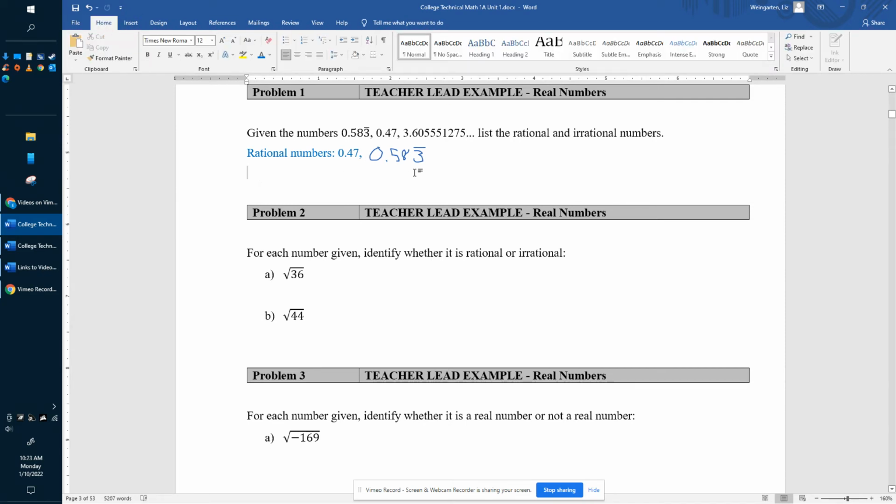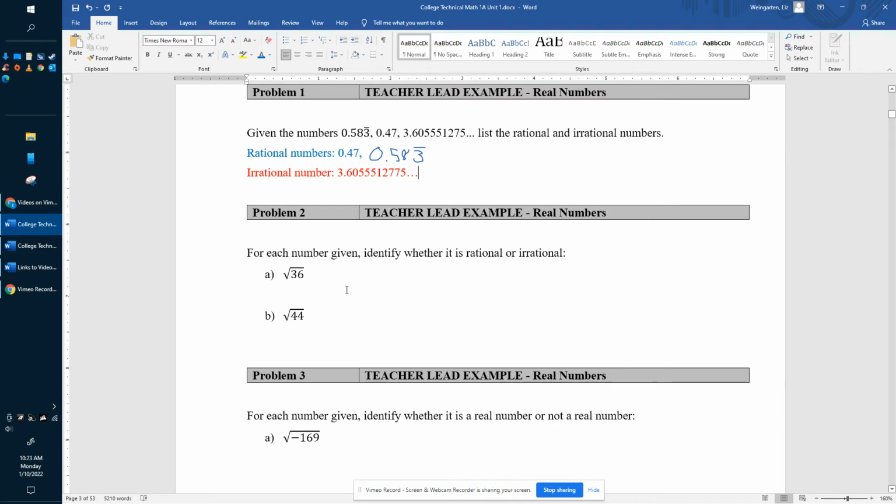So that leaves our irrational number as that: 3.60555125. Notice the ellipses after this one does not mean it's repeating, because there is nothing that is consecutively repeating in the decimal above. You see 3 5s in a row, but then afterwards there's the 1275. So there's nothing in this number indicating that it's going to repeat at any time.